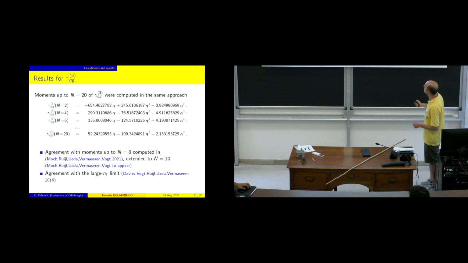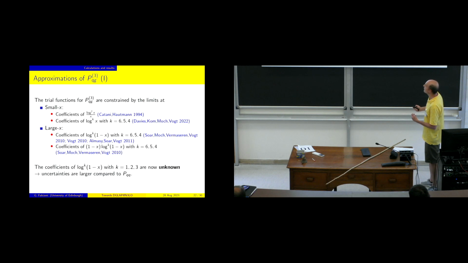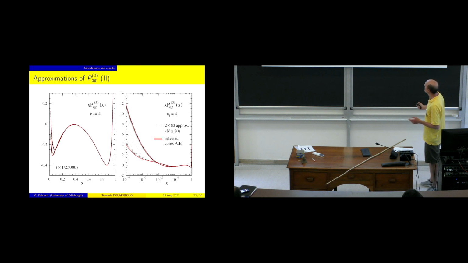To cut the story short, a similar procedure we applied to quark-gluon mixing. We got 10 moments and got agreement with the first 5 moments in this case and the large NF limit. And you can construct an approximation. Here the important point is that it is a bit more tricky because there are still some coefficients at large x that are unknown and diverge. So if you compare the quark to quark case, the unknown coefficients were all suppressed by an extra power of 1 minus x in front, while here you really have some large unknown. So as a result of this, the error is larger at small x.